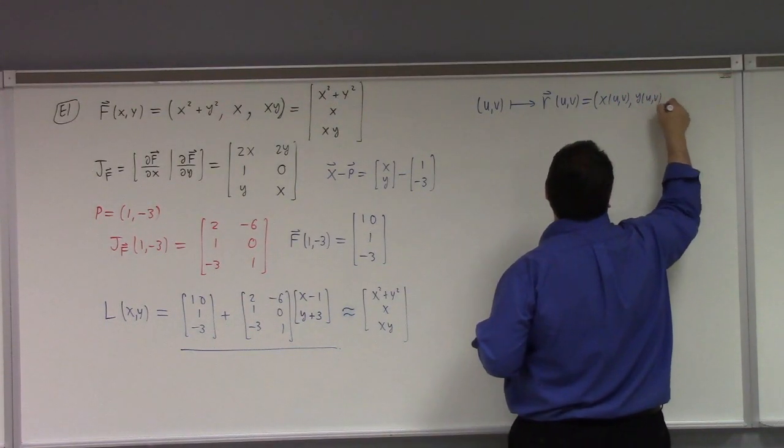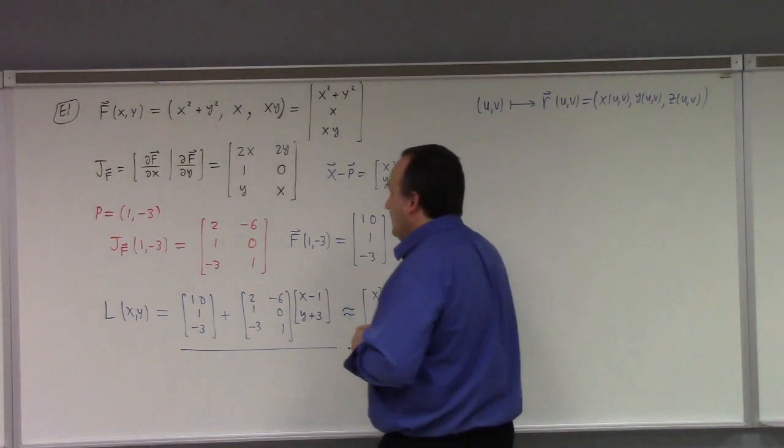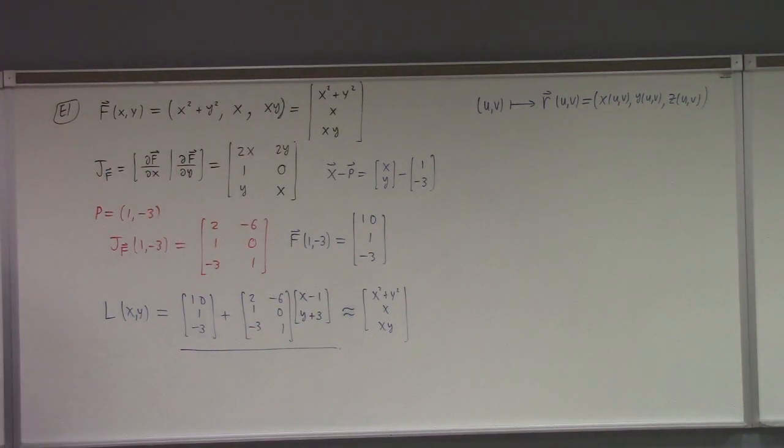What's this? Do you remember what this kind of mapping is? This could be a parameterization of a surface, right? So we could use this kind of calculus to approximate a parameterization of a surface at a point. But that's what the general derivative is. The general derivative essentially is the idea that if the function's differentiable at a point, this approximation is